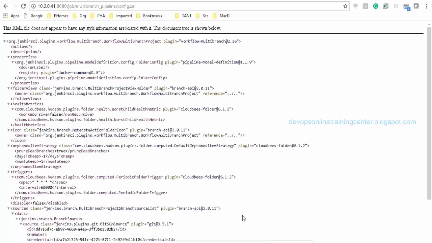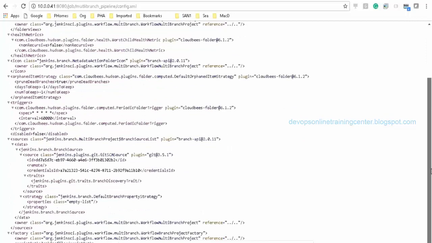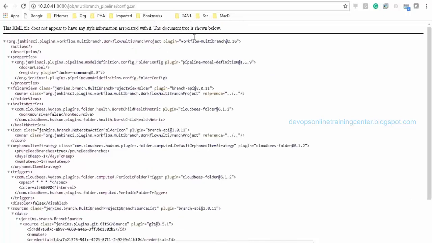If you see the credentials information, what all the plugins we have used in that particular job, that and all will show up, the Jenkins file, etc. This also we can take as a backup, and if something fails for a particular job, we can restore from this config.xml.